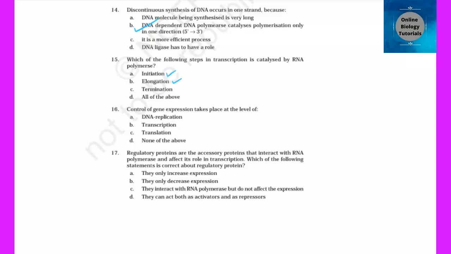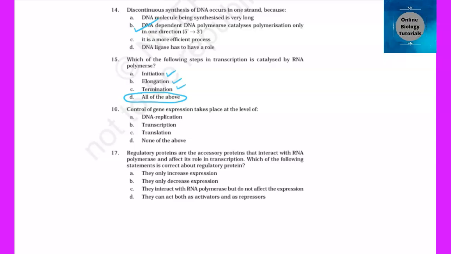Next question is which of the following steps in transcription is catalyzed by RNA polymerase? All students are making a mistake. They are clicking either on initiation or elongation. This is not the right answer. Option D is the right answer, because just brush up your concept that termination occurs by RNA polymerase. And it could be facilitated by a rho dependent factor, then it is known as rho dependent termination. If rho factor is not involved, RNA polymerase definitely has to do its part because it has to bring about termination, right? So we'll be picking option D as the right answer.